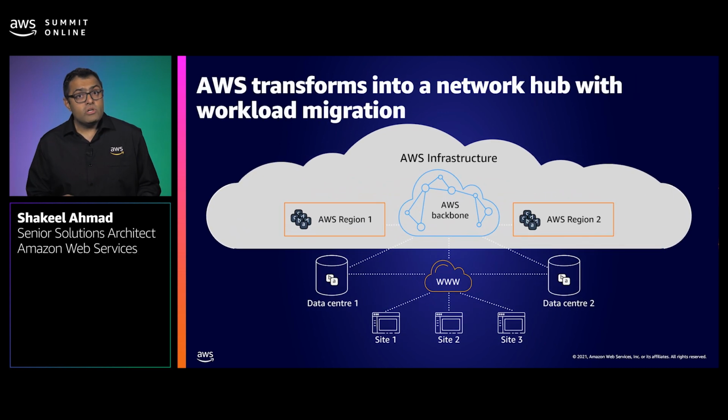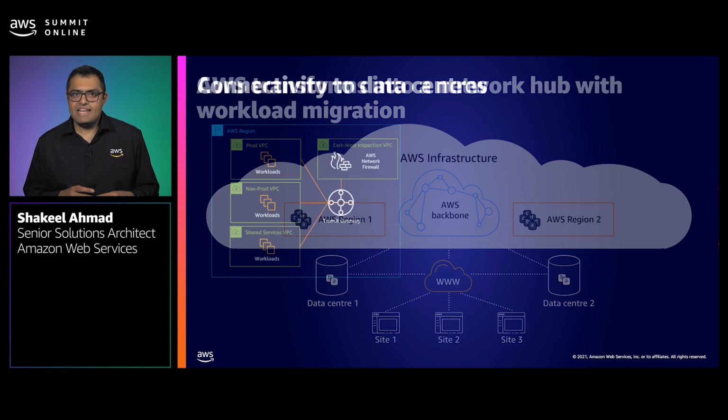As more and more workloads are migrated into AWS, most of these workloads would be using AWS Backbone now, and AWS regions become the hub, while site offices and data centers become spoke, right? The connectivity between sites to AWS may be via the internet, but you probably want to have a more reliable connection between your data centers and AWS regions for data replication, for migration, etc.